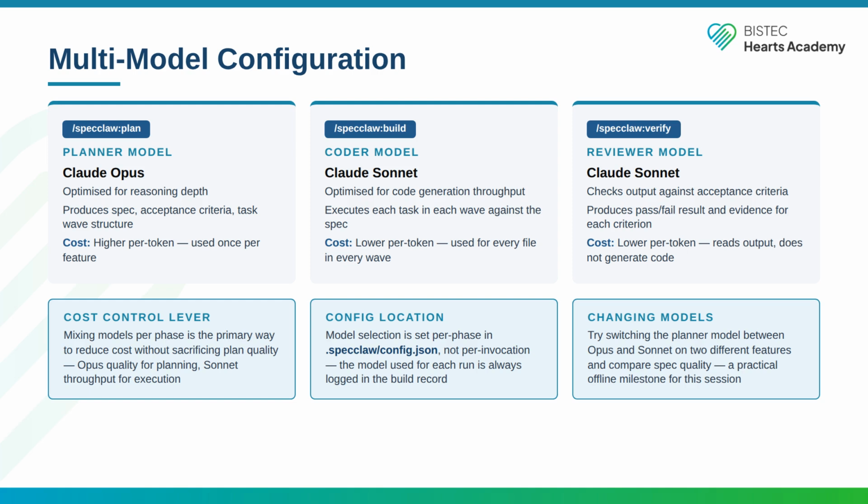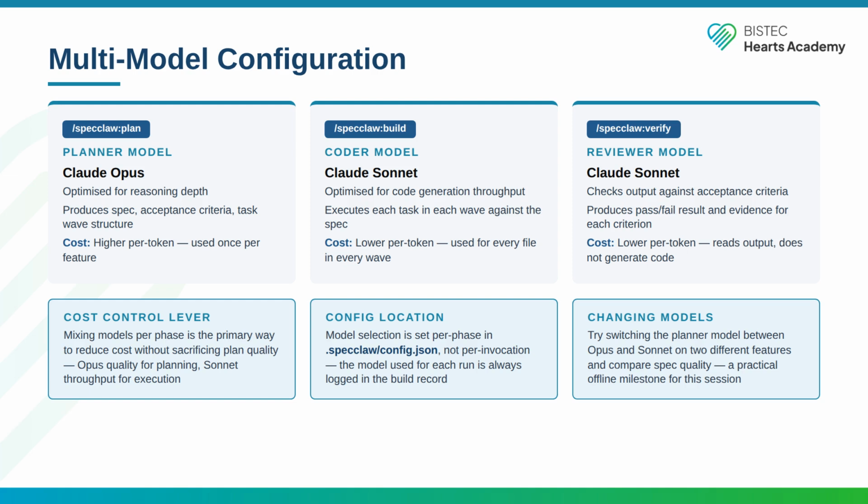Claude Opus is the typical choice. It runs once per feature to produce the spec, acceptance criteria, and task wave structure. The cost is higher per token, but it runs once. The coder model used during /SpecClaw build is optimized for code generation throughput, GPT-5.1 Codex by